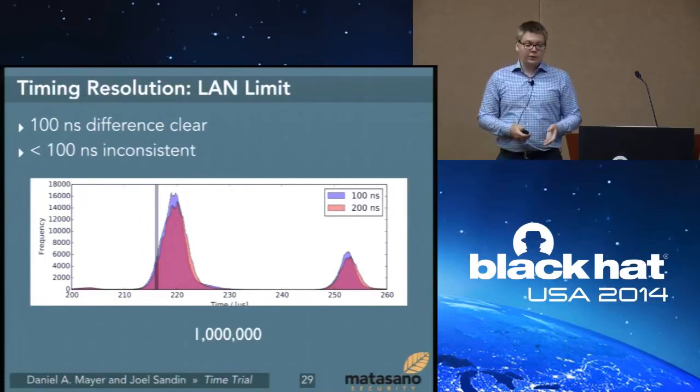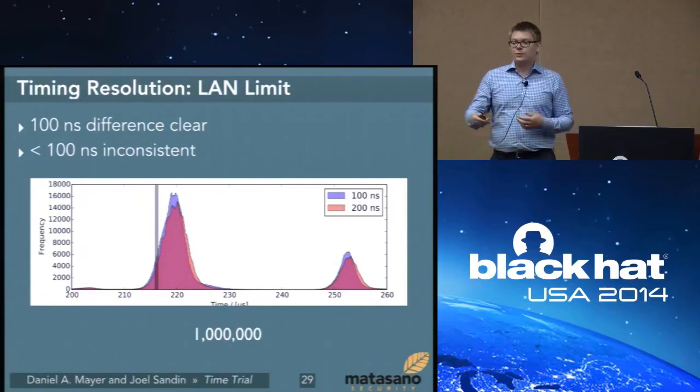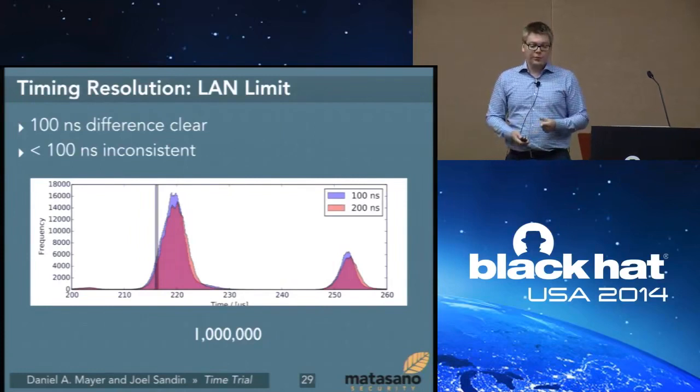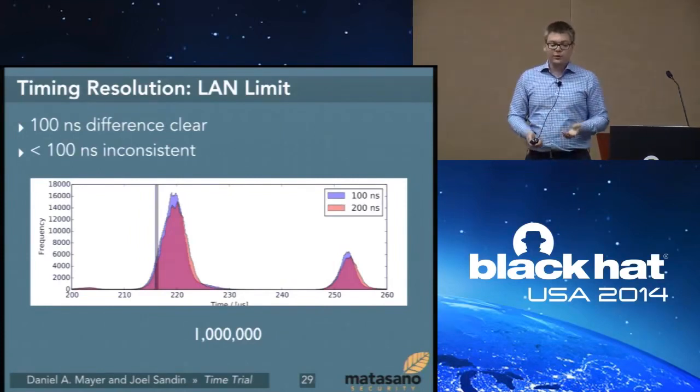We can maybe get better, but the problem here is that our artificial sleeping functions may have been a bit inconsistent. So the problem may not be that the measurement is not precise enough, but that our artificial sleep we introduced also added some noise to this. So we think that something close to below 100 nanoseconds in a LAN is pretty reasonable to